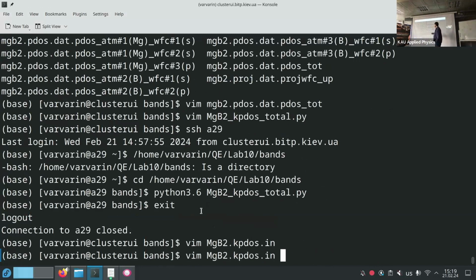Then go to the Python script. But we haven't recalculated anything. We just changed the file. In the Python script, I want you to change the name of the file. I want you to have two files, not replace one with the other. So you have to change the name of the file. Okay, Python script.